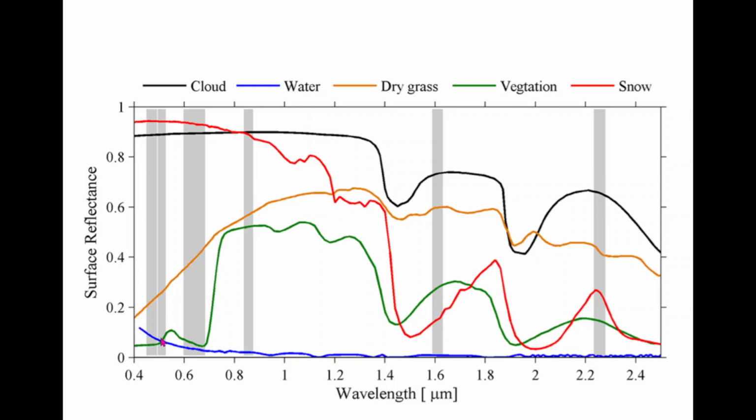That means if we were to have two sensors, one operating at green color, that means it can see only green color, and another near infrared, then this green sensor will be less efficient in identifying vegetation as compared to that of near infrared. A near infrared sensor, a sensor that can sense near infrared surface reflectance, will be able to distinguish vegetation very